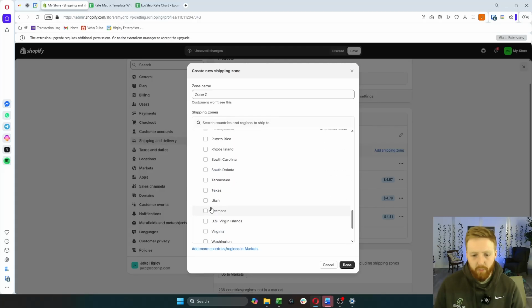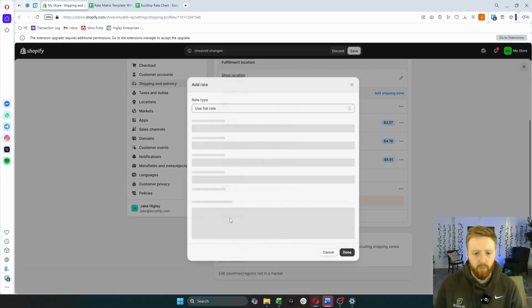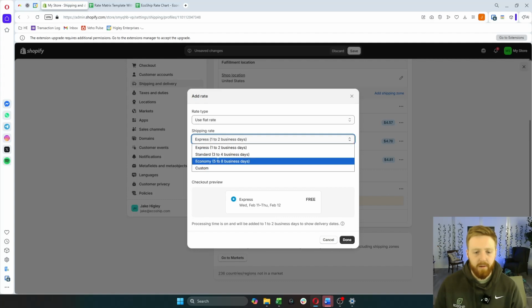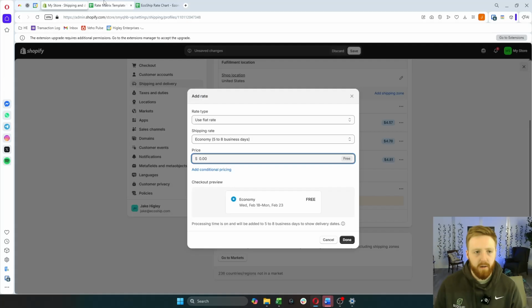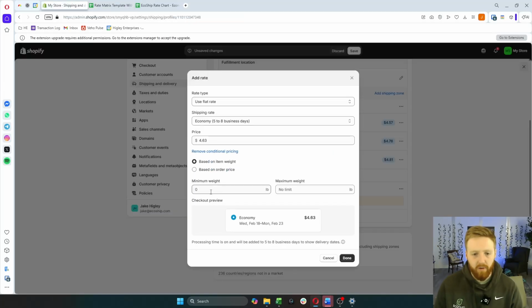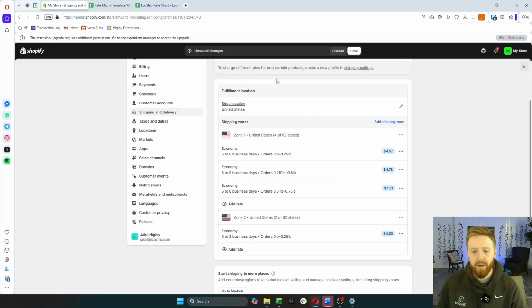Remember, we're just going off a rough approximation here because we can't get it quite perfect. So zone 2, we're gonna add rates, flat rate, economy, go to our price, pick this price right here, the 4.63. Add conditional pricing, minimum weight is 0, max is 0.25. Okay, so you get the picture here. We just go through and add in all the zones and weights for all of our different rate breakdowns. This is a lot of work, obviously, and it's a lot of maintenance